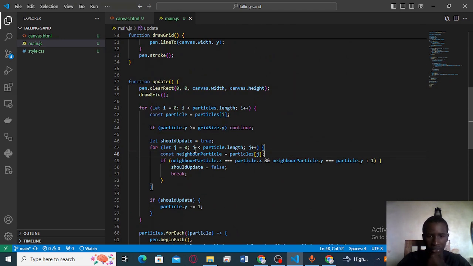Xj, for let j is 0, j is less than the particle length, j incremented by 1. So for every particle